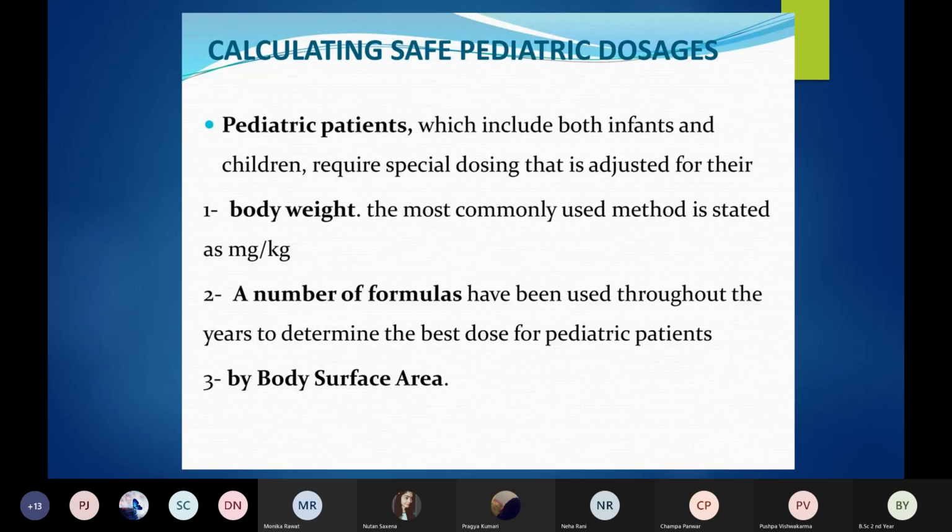The second factor depends upon the weight of the child in kg. Third is the type of formula we are using. There are three formulas in pediatric dosage, and depending upon the factors, we can choose which formula to use to calculate the dose of the baby. And the fourth factor is body surface area. These are the important factors that we have to remember when we are calculating the dose for